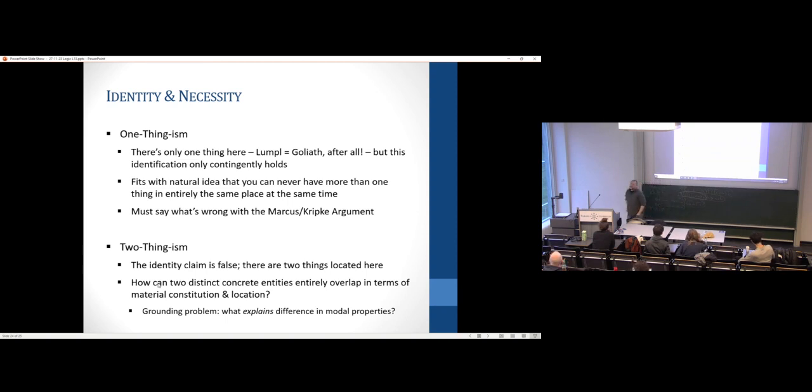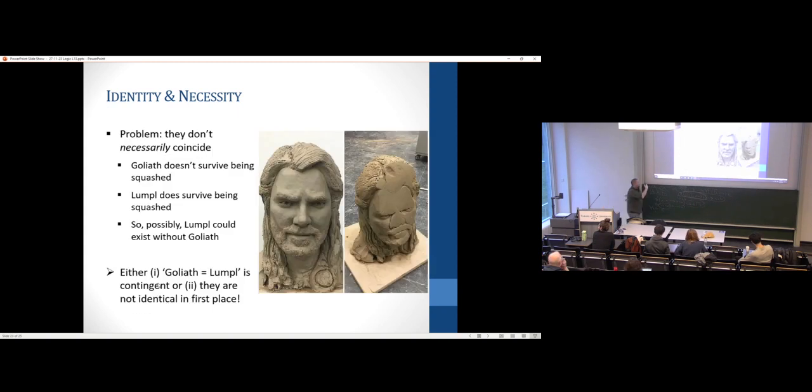So according to the law of indiscernibility, right? If we find one property is distinct, then there's no identity, and therefore, since Lumpel can survive and Goliath can't, it's pretty easily detectable. This is basically running through the argument for two-thingism, right? Look, one can survive and the other can't. That's why they must not be identical in the first place. Yeah, that's a cool, quick, dirty argument for two-thingism.